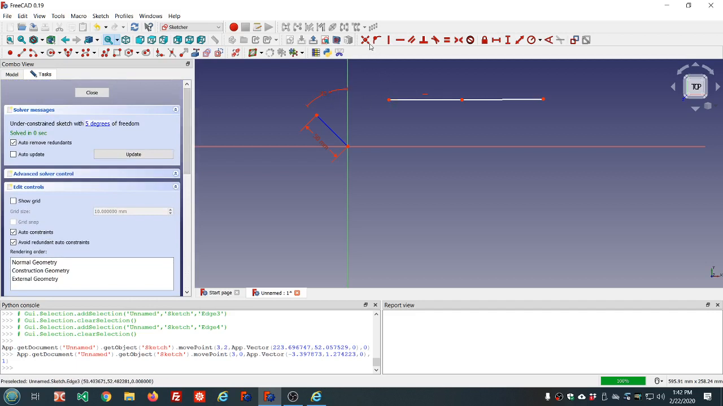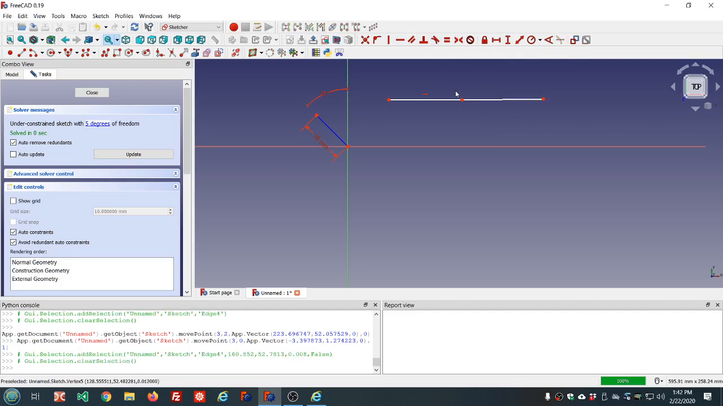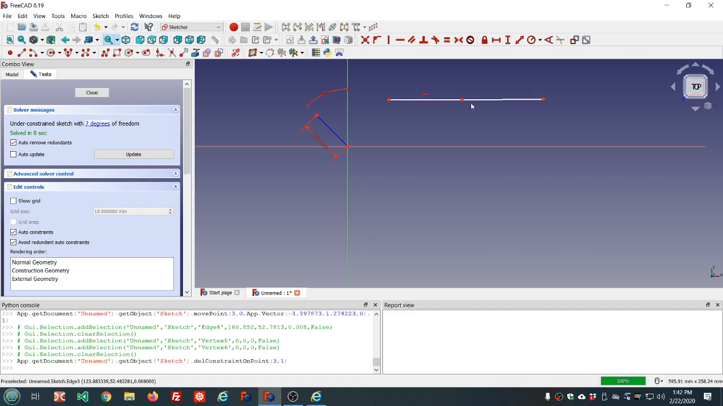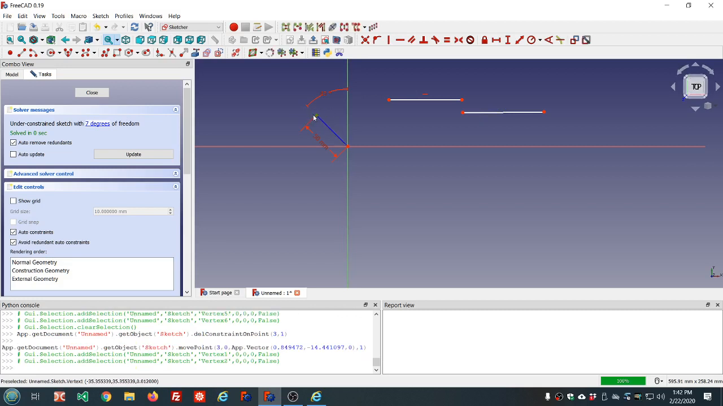So that is the coincident constraint. We also have a tangent constraint that will constrain two lines to be tangent to one another. I can highlight these 2 points, press the delete key, and that deletes the constraint rather than 2 points. This point I would delete because it's a separate point. Press delete,